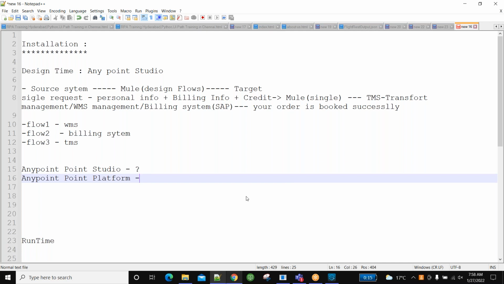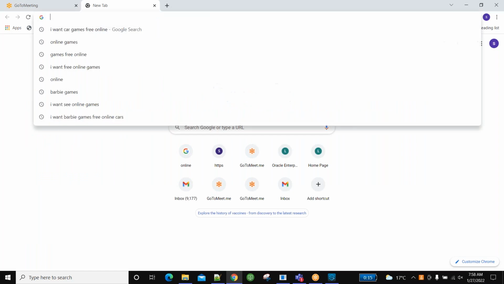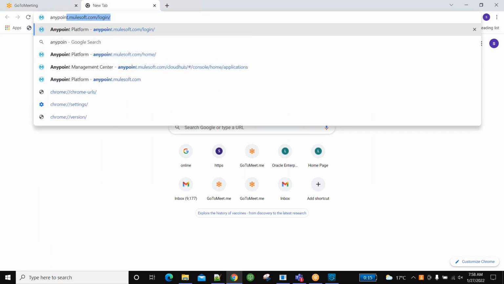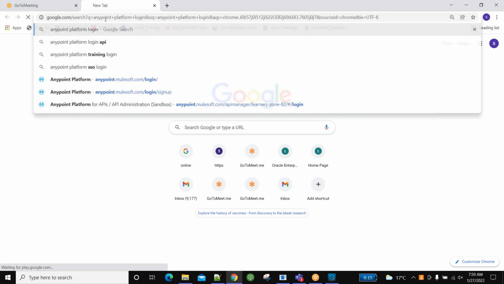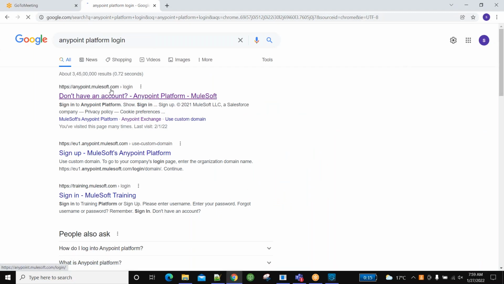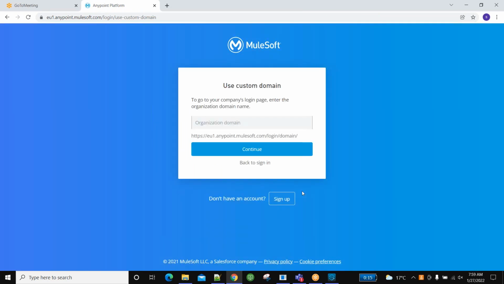Just go to Google and search for Anypoint Platform login. In the Anypoint Platform, first you have to log in. We need to create our trial account for getting that IDE, otherwise you cannot create the flows.